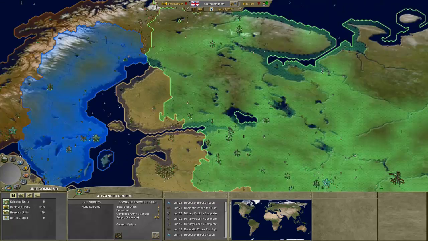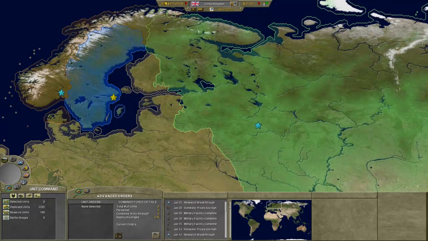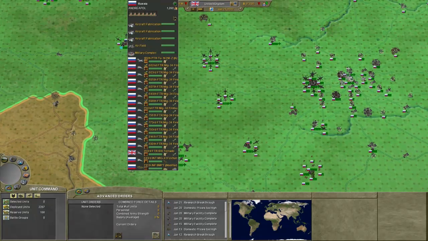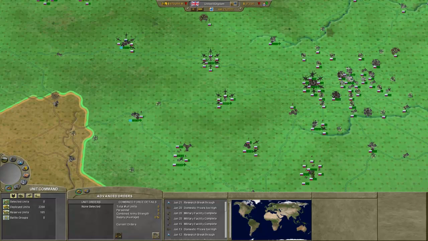Just destroy them with your fairly large air force. Really, really easy to do. That's something I really don't like, is how they just go for that instead of going for some important marks. What I think should have happened is they should have been recoded to instead go after stuff like aircraft fabrications, land fabrications, capital cities, large important cities with stuff around them, such as, again, military fabrications, or vital supply points,